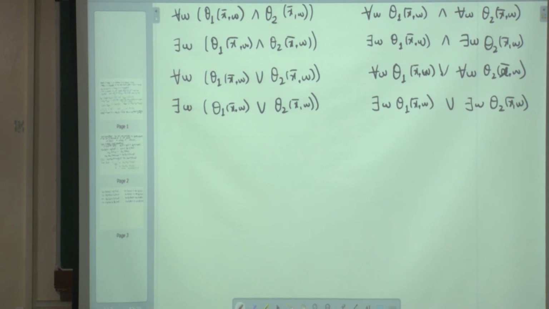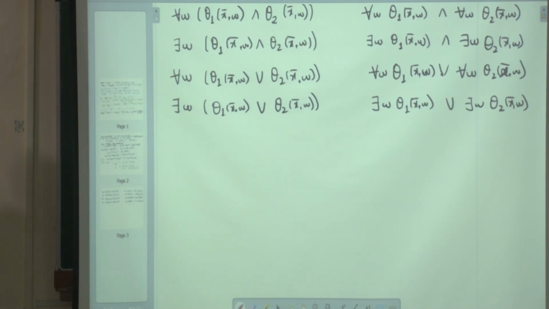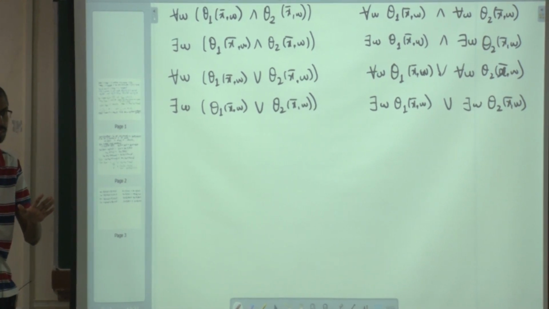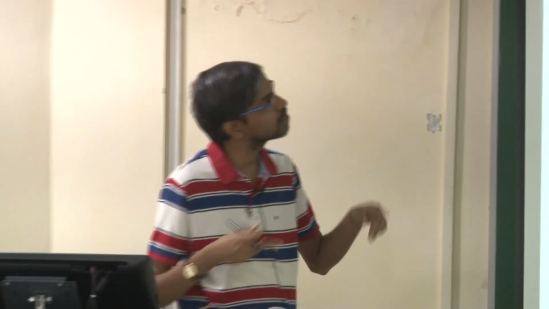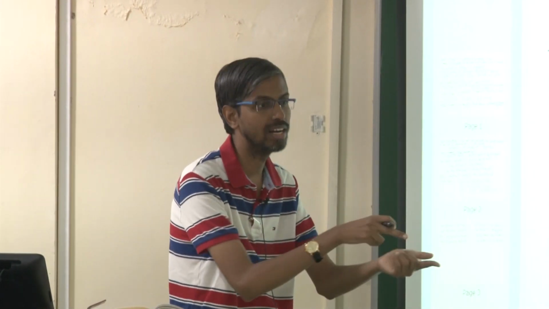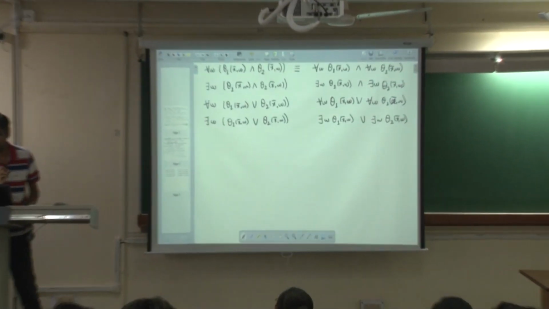Yes, can you understand it? Yeah? Why is the first one true? Because it says that for all elements of the structure, theta 1 and theta 2 are both true for all assignments a bar to x bar. Yeah, so both of them are true. So you are making a very strong statement, and over there also we are saying that for all theta 1 is true and for all theta 2 is true. So therefore they are actually logically equivalent. Okay, so this is logically equivalent.